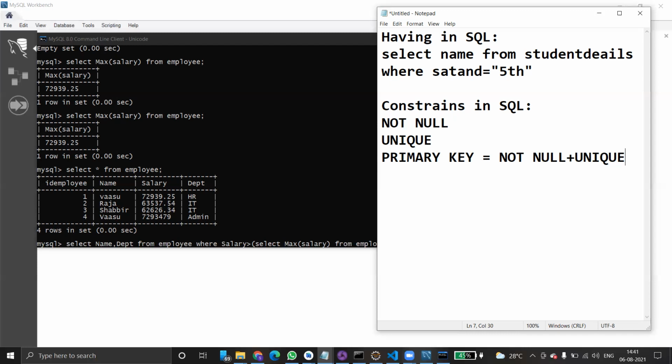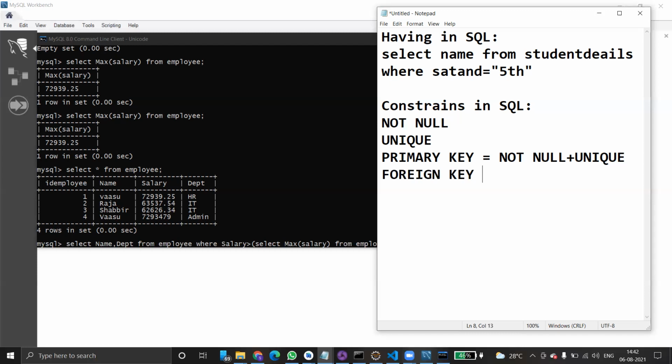Then coming to foreign key, when do you use a foreign key? The name itself is telling: foreign key means other tables. Basically, if you use a foreign key, it prevents actions that would destroy links between the tables.